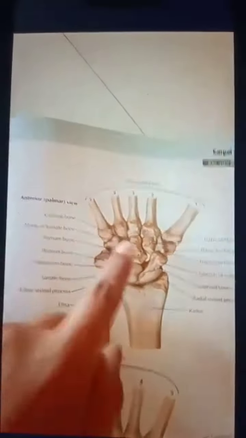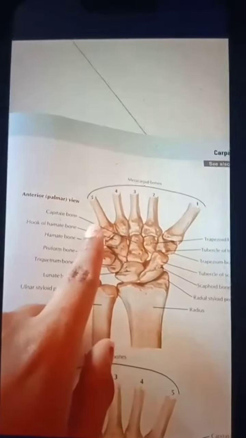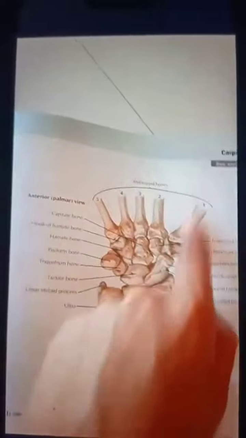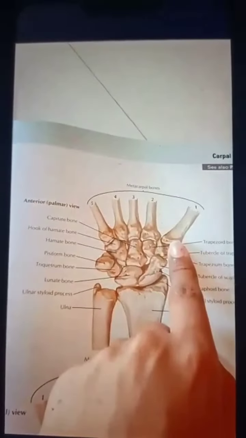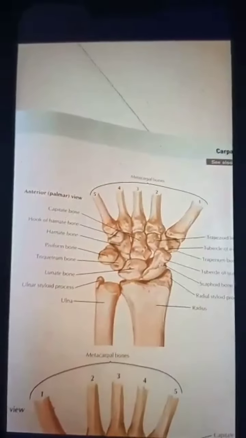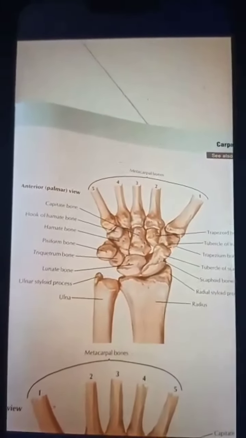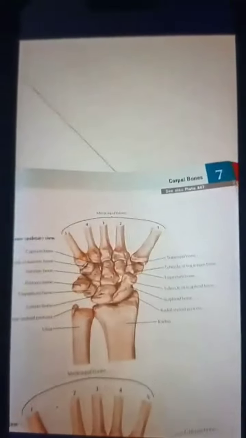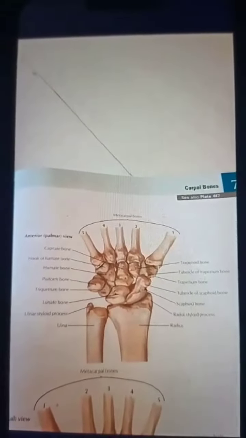For the 2, 3, 4 and 5 metacarpals, the primary center of ossification is at the head. So it is reversed. For the thumb, the ossification center is in the base, and for 2, 3, 4 and 5, the ossification center is in the heads. Aberrant epiphysis also takes place in 2, 3, 4 and 5. If it takes place there, it shifts to the base. That is nothing but aberrant epiphysis. So it may take place both in our thumb and also in other metacarpals. And now let us see some of the other extra points which I have found from bits.